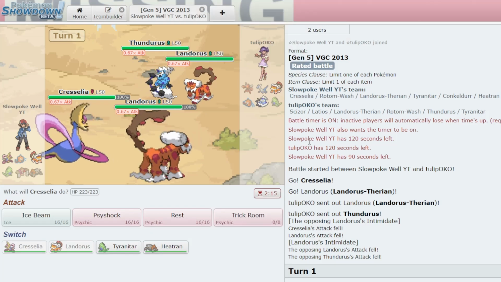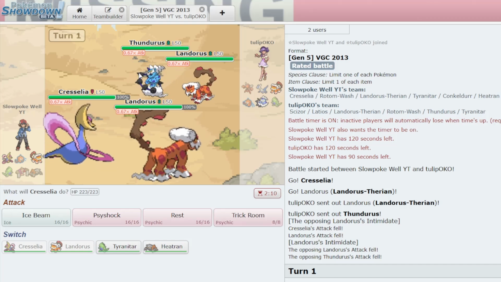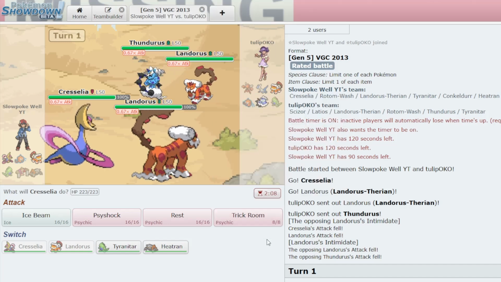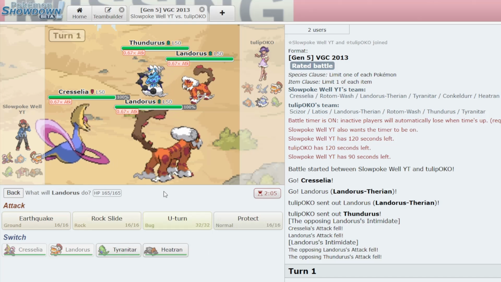The Landorus might want to just U-turn into Cresselia. They have a faster team generally, I think, so maybe I want to go straight for Trick Room. Although the Thundurus could be carrying Taunt. So maybe it's safer to Ice Beam Thundurus here. And...